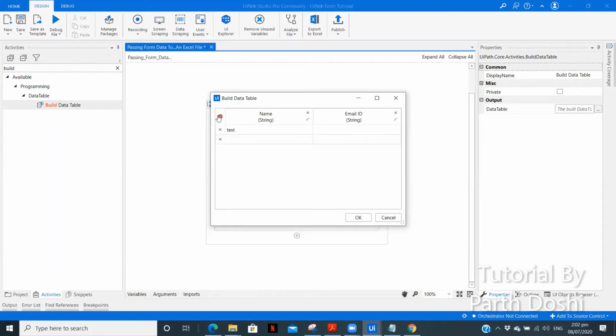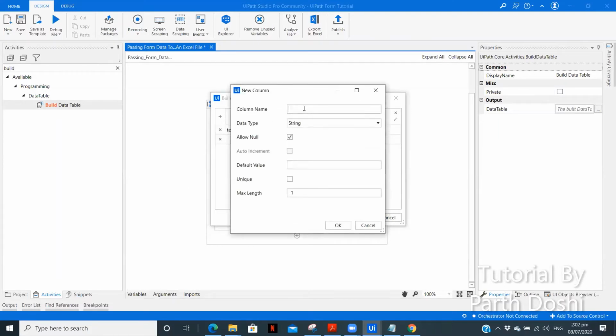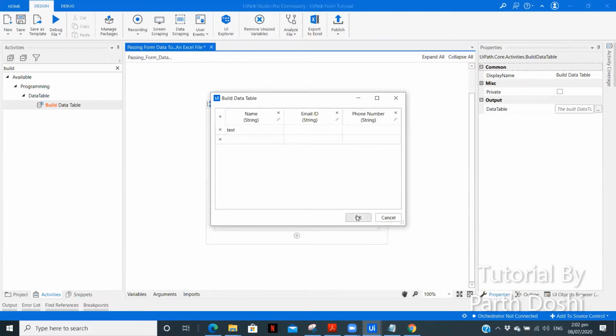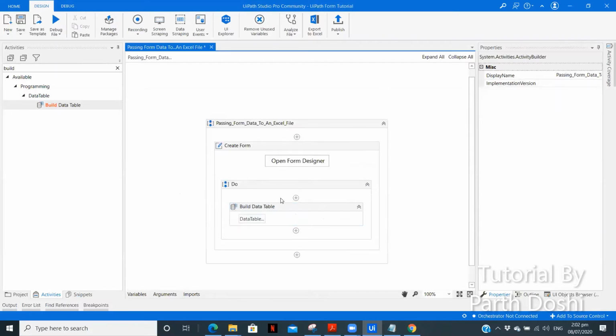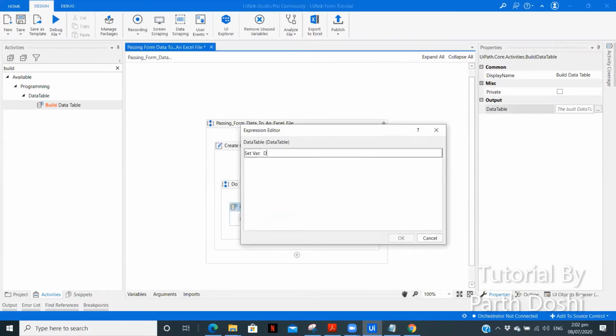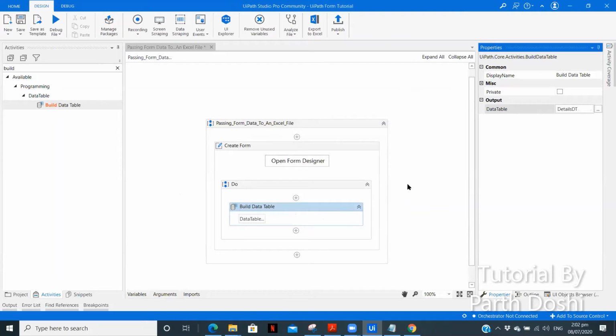Okay, and we need to add one more, which is phone number. Click on OK. So we have a data table with us. Let us create an output variable, details DT. So details data table. We can name it like that.